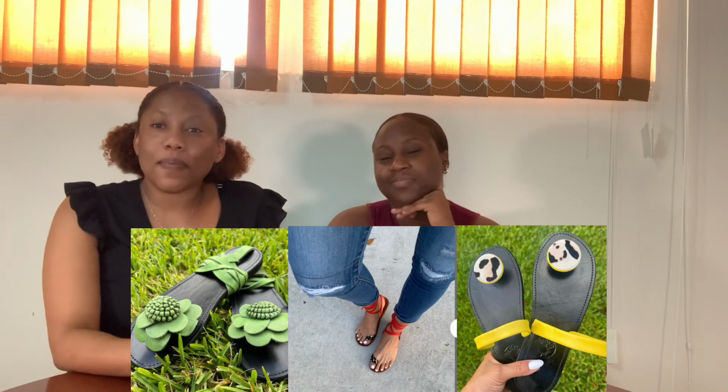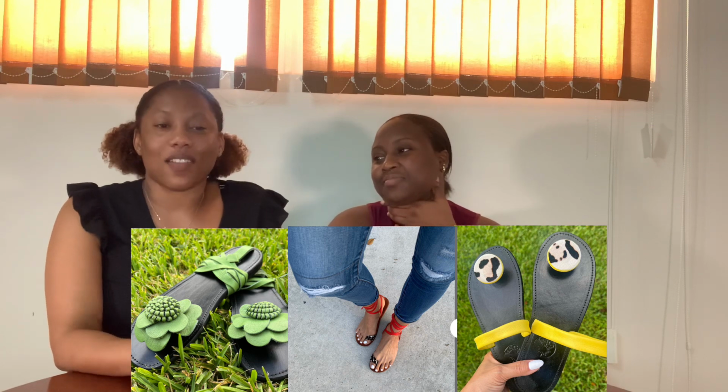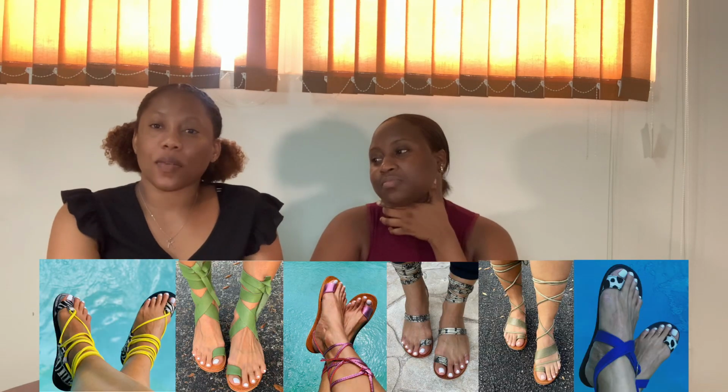So for designs, I personally think it's for older women. You have a few designs, I might put them up on the screen. Simple and nice so the young girls can rock them, right? But most of their designs, based on what I'm seeing, I feel like this is for older women. Yes, they have some of those designs that the Rasta men who do the handcrafted leather sandals will sell. But honestly, those older, especially uptown women,